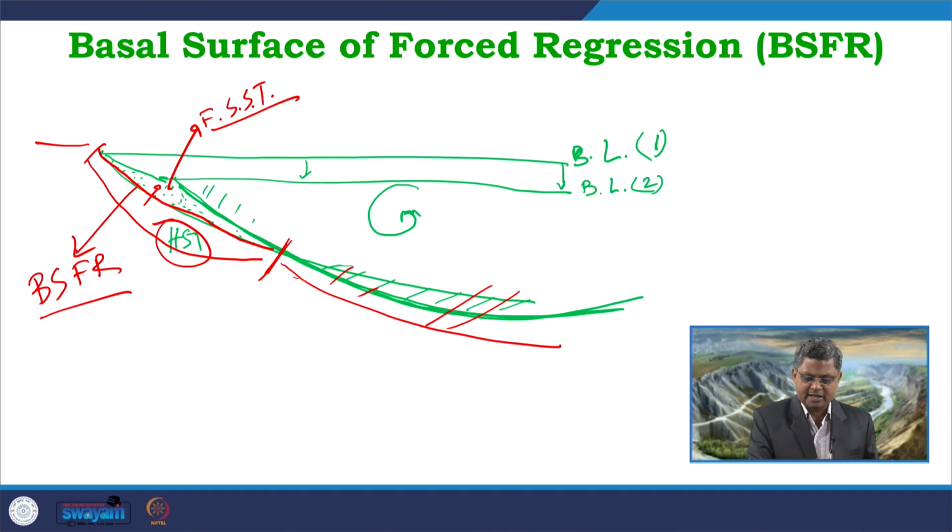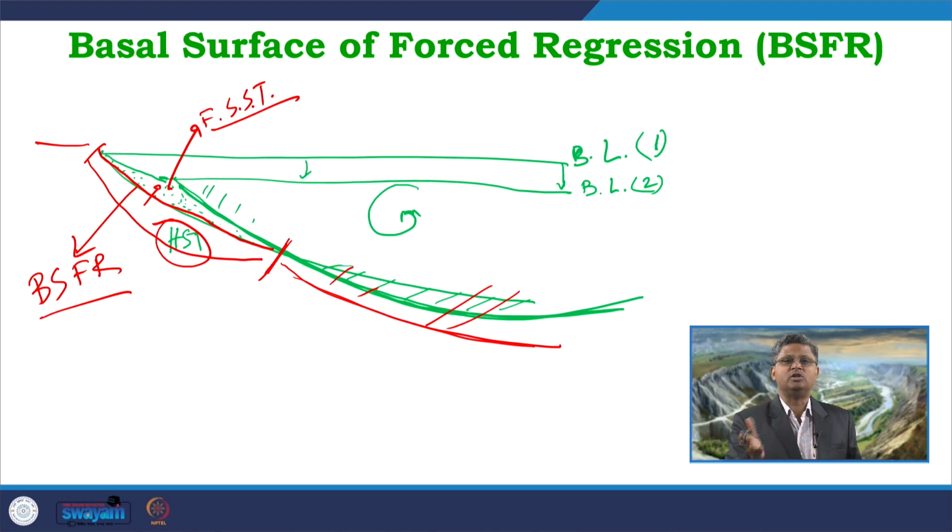Similarly, we cannot get this BSFR in the deeper part, particularly within the wave equilibrium region, within the wave base, where wave reworking is going on. If I go beyond the wave base, somewhere below the wave base, then the wave equilibrium will not affect the substrate, and there again we can get the preservation of BSFR. For example, in the shelf environment, if there is no storm, it is definitely beyond the wave base, below the wave base, and the normal wave equilibrium is not affecting it until and unless the base level is falling significantly.